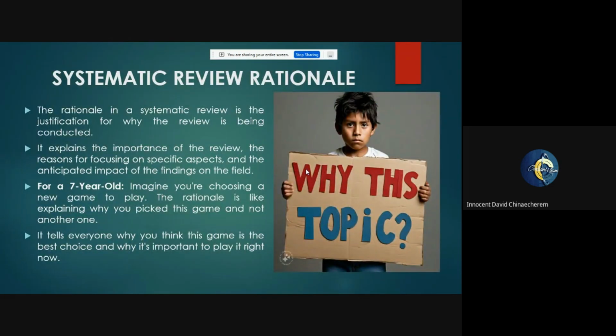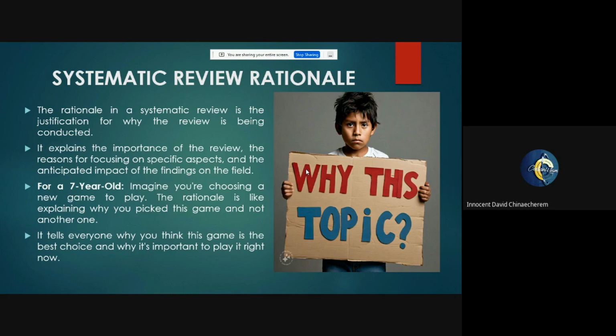Now we've talked about gap in literature. How about rationale? How do we now talk about our rationale? When we talk about rationale, another name we can use is justification. If you're an early career researcher out there and you're trying to do your research, one thing is very paramount, and that is what? Your rationale. You can't literally start writing any systematic review without having a clear rationale.